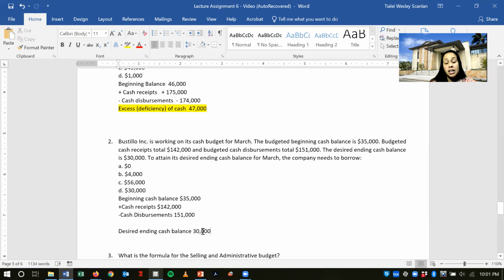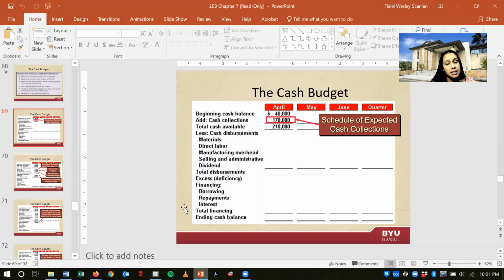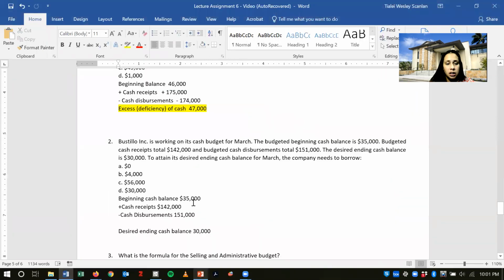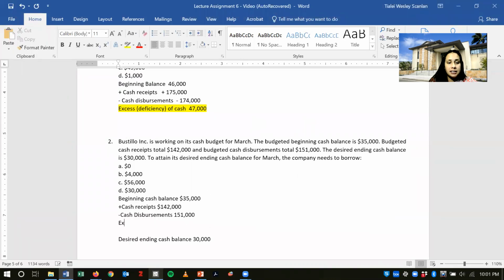So if we have more than $30,000, we won't need to borrow anything. If we don't have that $30,000, then we are going to need to finance this $30,000. So over here we have our financing, what we need to borrow, and then after we borrow that amount, we can end up with our ending cash balance here. So let's do the calculator. 35,000, add 142,000, subtract 151,000, and we are lacking, so we have our excess